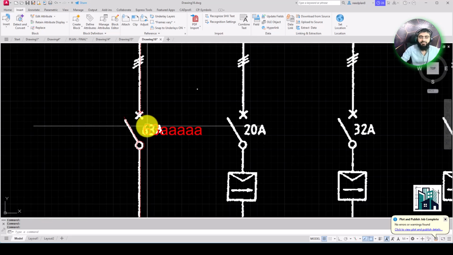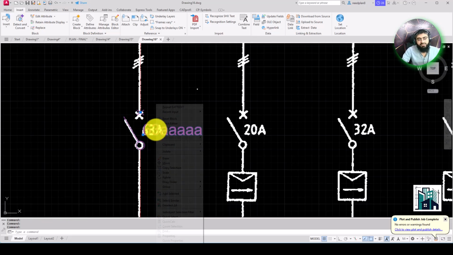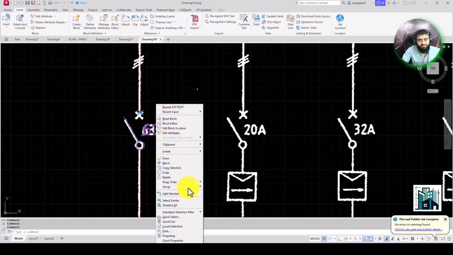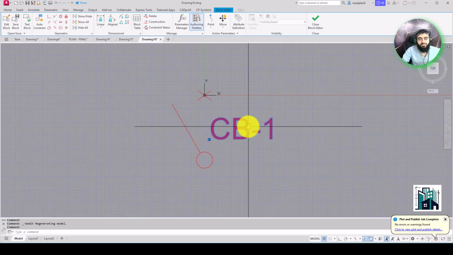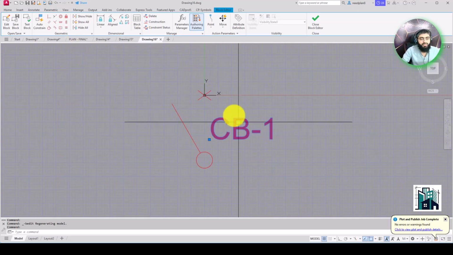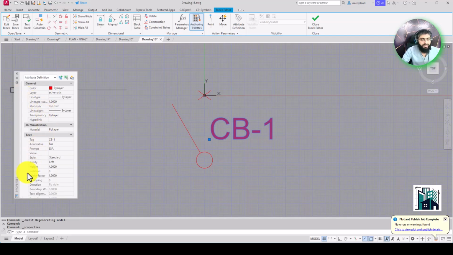right-click on the mouse, and then you will see properties and other stuff. You have to go to block editor, and then you will see this text CB1, and then you can change it through the property palette, which you get from Control+1.